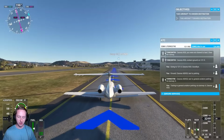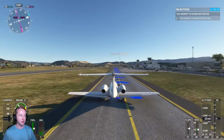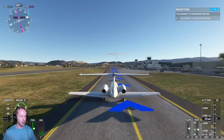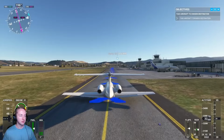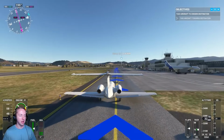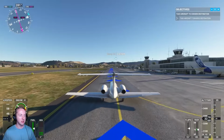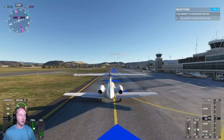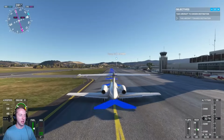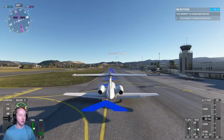Okay, I don't have anything else for this, so we're just gonna turn that off. And we're gonna drive over to parking, and that's gonna be where we're gonna stay at. It's very hard for me to drive this on the ground. It's very hard for me to do that. And I don't know how I kept on veering weirdly to the left when I was landing, because I did not have it like trying to move to the left at all, but